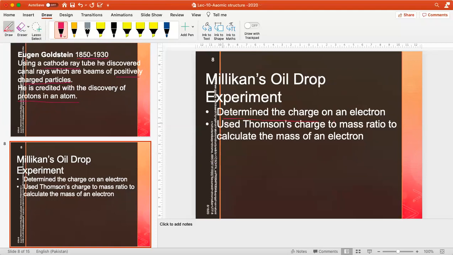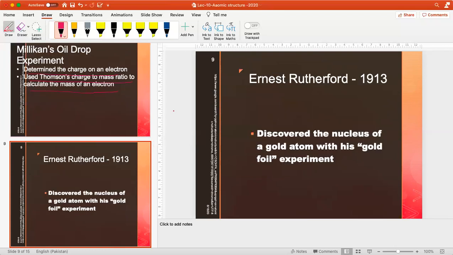He used Thomson's charge to mass ratio to calculate the mass of an electron. So theoretically, he calculated the charge of an electron. Next, Ernest Rutherford in 1913 discovered... now that the atom is discovered, two particles of the atom have been discovered. Now this was the third